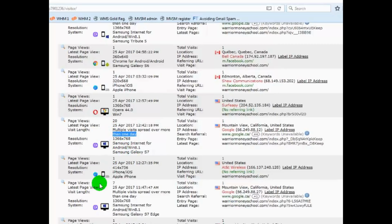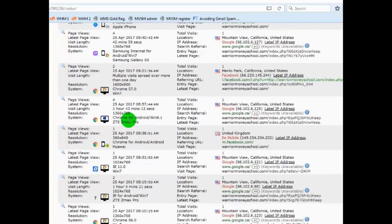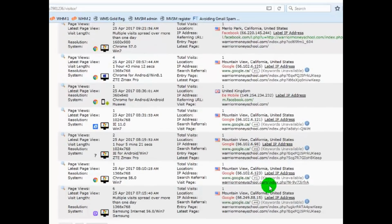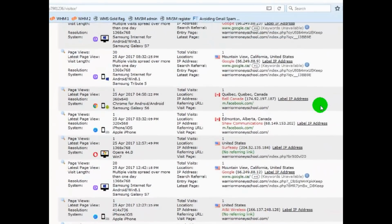I've got mobiles, I've got Apple iPhones, I got Samsungs, I got computers, Windows 7, yeah, all sorts of different, you know, Chrome, Windows 7 with Internet Explorer. So I got all types of different visitors here. They're all coming from Google, and I'm ranking 4, 1, 4, 4, 1. These are all top ranking